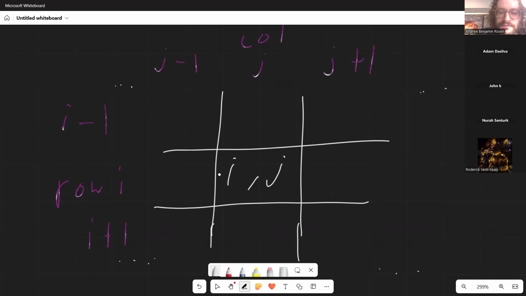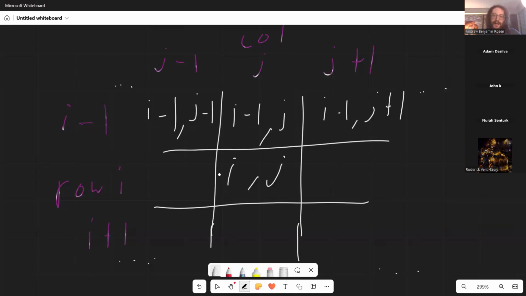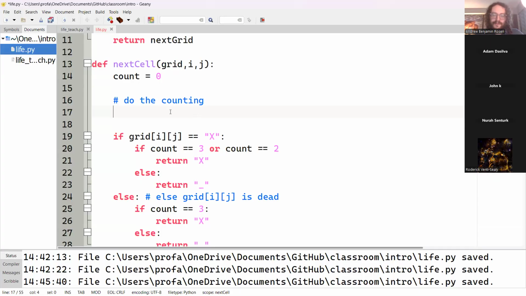So from this, we can use combinations to figure out what our neighbors are. For instance, the neighbor to my top left in this cell, that is row I minus 1 and J minus 1. Okay? This is I minus 1, because this is the row I minus 1, and column J. I minus 1, J plus 1. And the way this works is now what we're going to do is we're going to look at all 8 of our neighbors